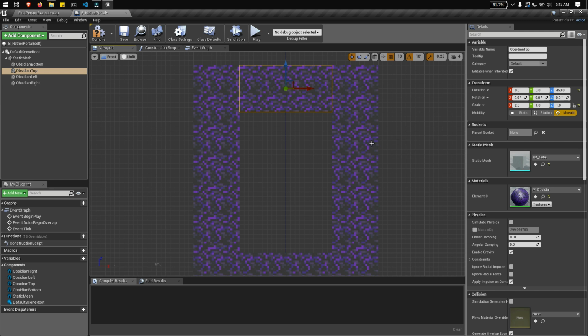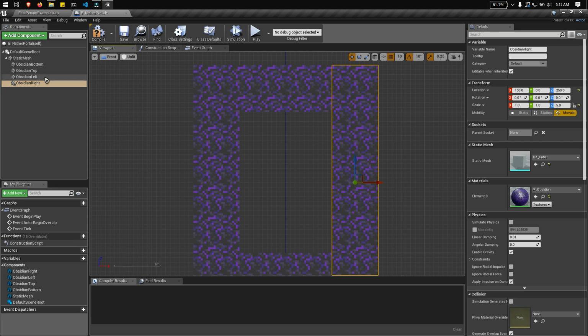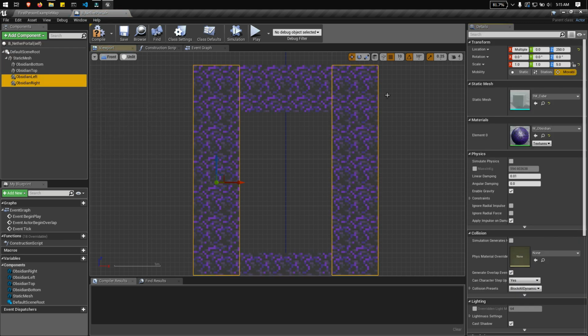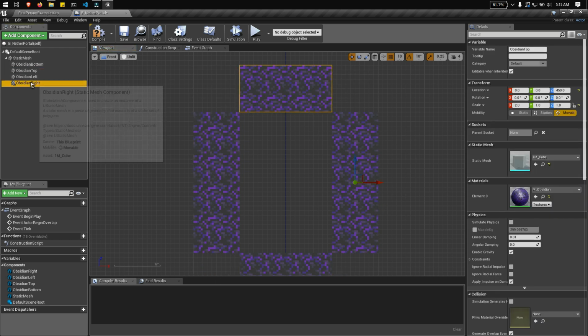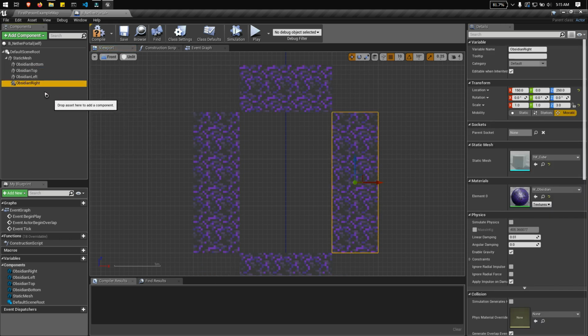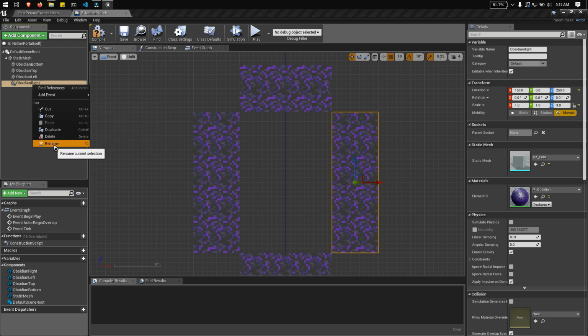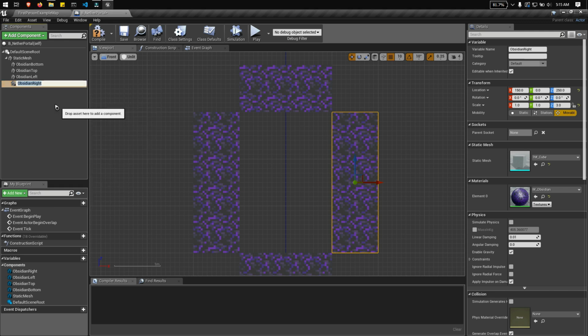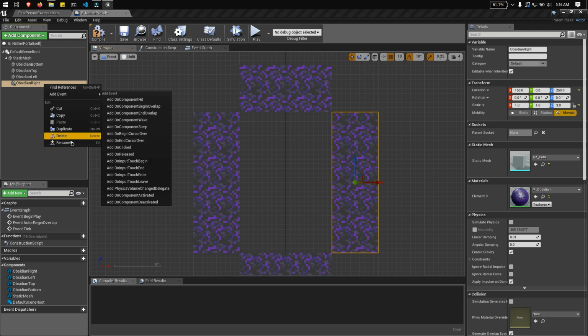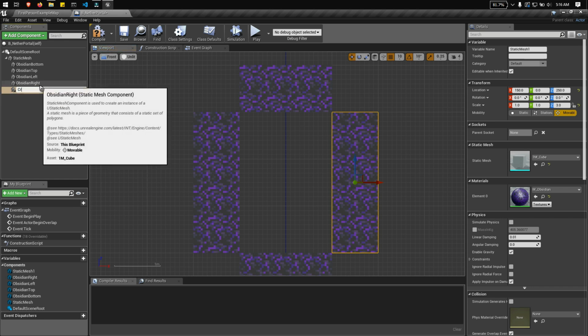But I think to make it more appealing, let's put a crying obsidian in each corner. So let's resize the left and right into just 3. And let's duplicate any static mesh that we have into Crying Obsidian top left.